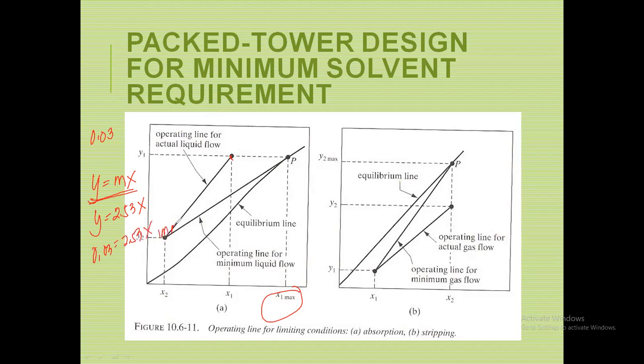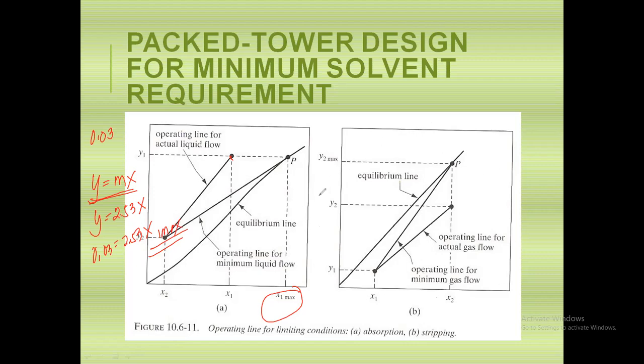This is your x1 maximum. This x1 maximum is the x1 that you should substitute in your component material balance using the inert streams. That way you can find the minimum solvent requirement in the case of gas absorption. If it's gas absorption. If it is stripping, it would be this